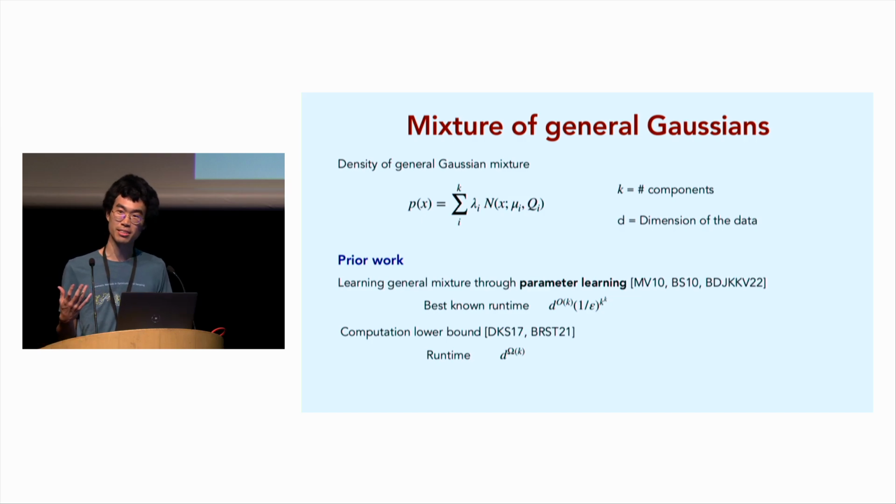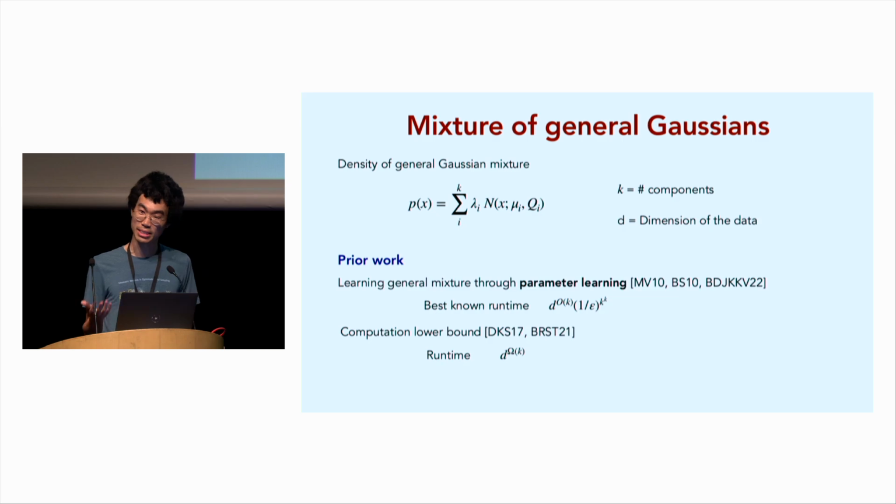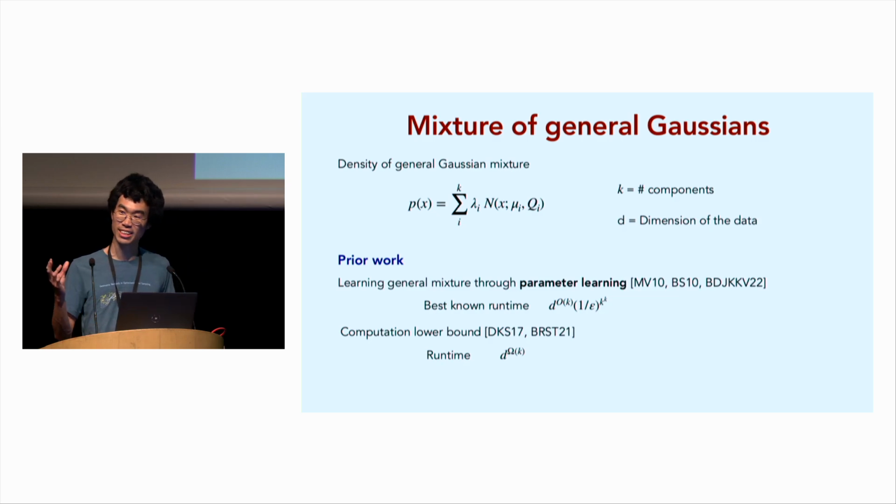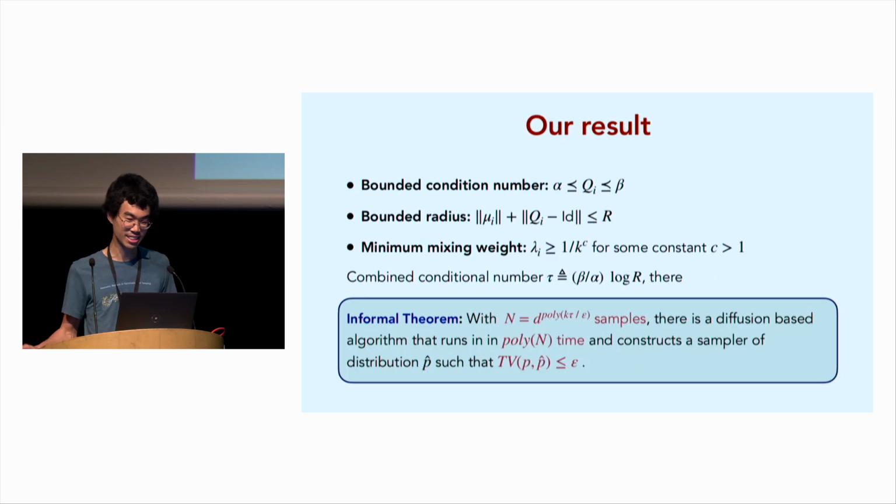There are computational lower bounds based on statistical query complexity and cryptographic lower bounds that say you need a runtime on the order of d to the k. So there's an exponential gap between these two bounds. Can we close this? The result here is that, yes, under some conditions,